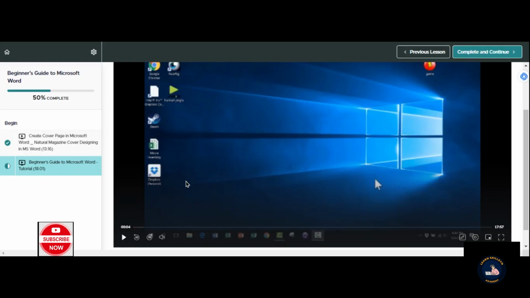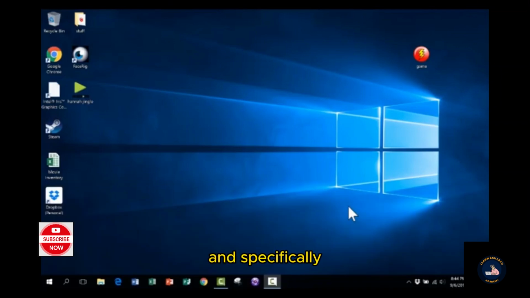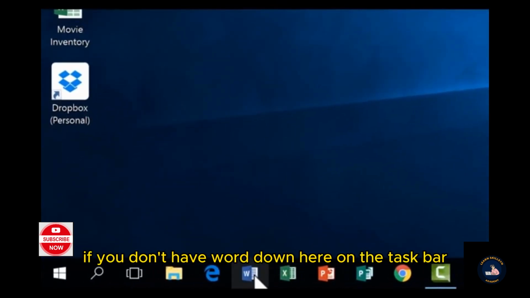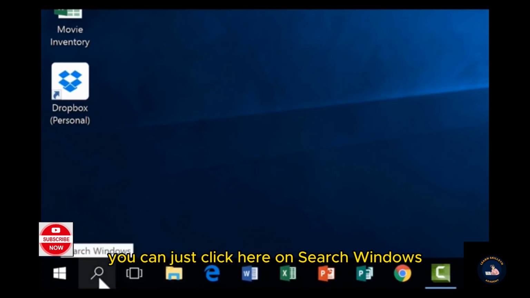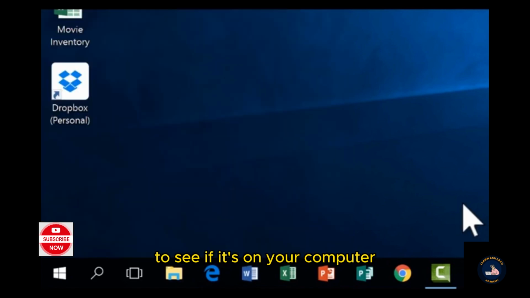And specifically using it to create documents like reports, essays, handouts, flyers, things like that. And so I'm just going to go down here and click on Microsoft Word. If you don't have Word down here on the taskbar, you can just click here on Search Windows and do a search for Microsoft Word to see if it's on your computer. If that doesn't turn up anything, then it's not installed on your computer. But like I said, I'm going to go ahead and click on that to start it up, and Microsoft Word